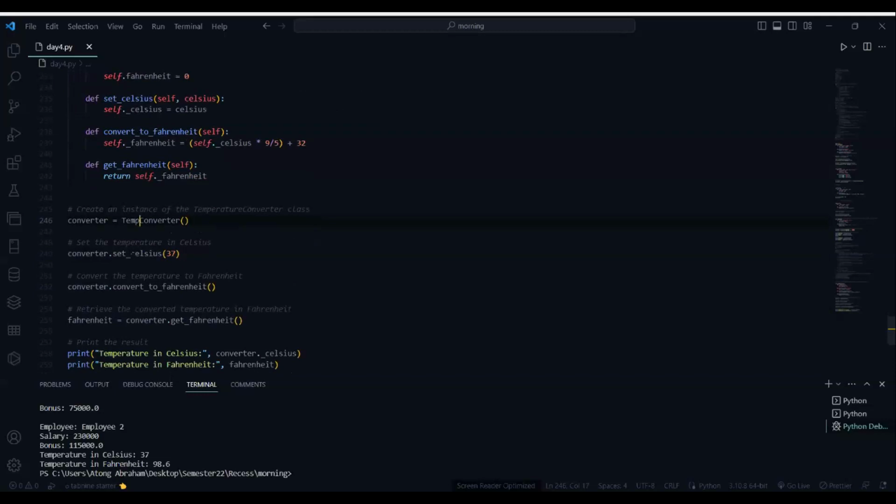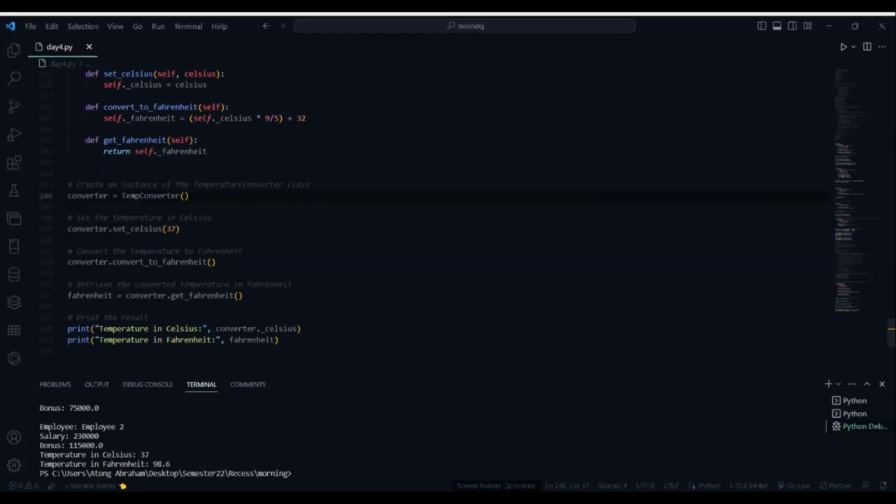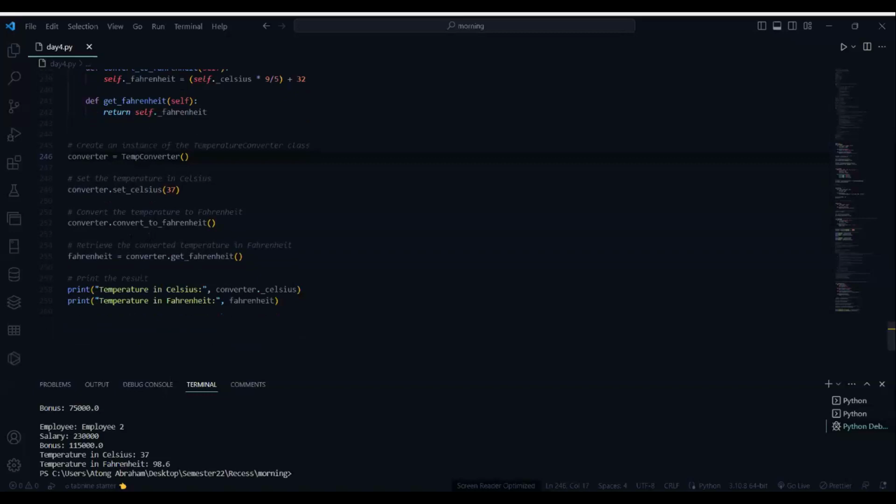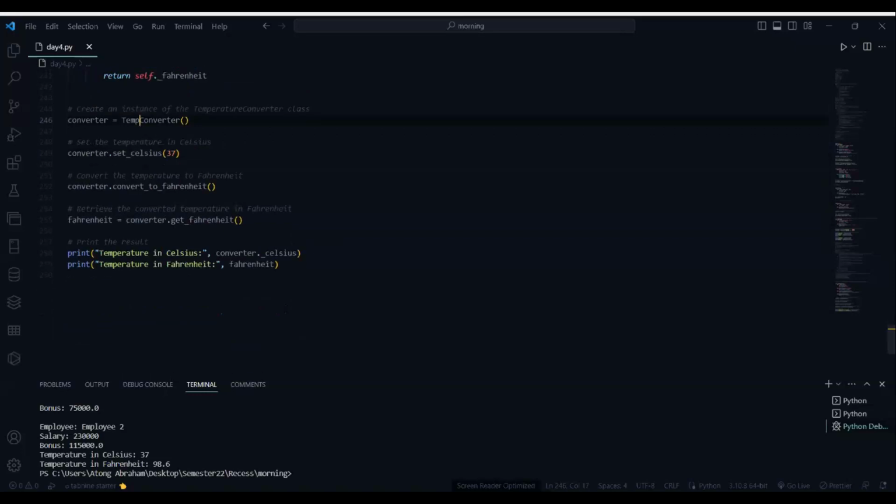Now I created my object, which is converter. Then I'm calling the setCelsius and passing in the value 37. Also here I'm calling the method convertToFahrenheit. And also here I've declared the Fahrenheit, then still the converter.getFahrenheit. Now when I'm printing, I first printed the value which I passed in, and then I secondly printed it after being converted. Now if I run,